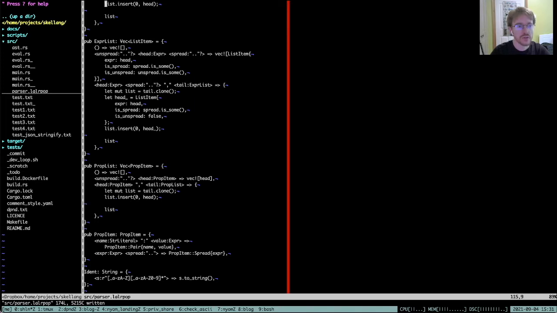Though this is different to expressions, because with an expression there is only one variant, whereas for property items you can have a string literal pair, or you can have an expression pair, or you can have an expression followed by a